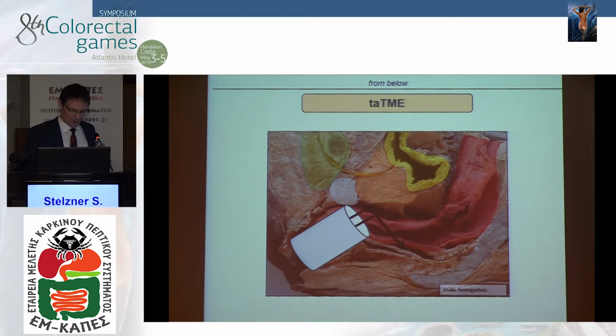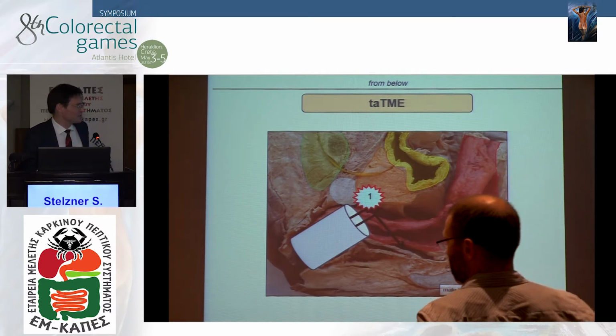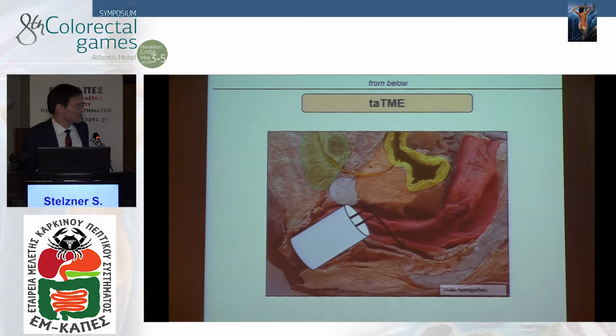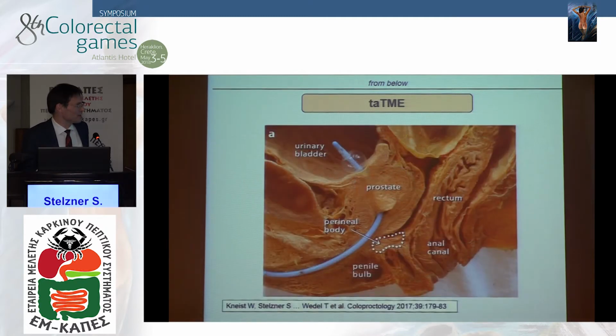And of course, the range of freedom is limited by this pivot, and it is necessary to be aware of anatomical pitfalls in this area, and I would like to go through 4 of them. The first one is the relation of the rectal wall to the prostate and the urethra. Again, there's a male specimen, self-explaining symphysis there, sacrum down there, the urinary bladder, a catheter in the urethra,